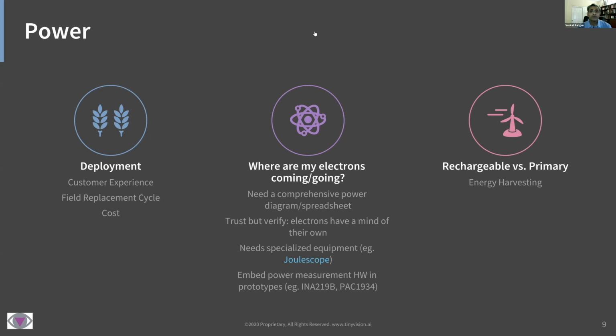Absolutely, you make a very good point. You do not want to be moving, you want to be saving overall, right? Whether it's in terms of people as well as in terms of energy and cost, right? Overall cost is what we are trying to optimize here. As far as what do you do at night, all of that goes into the power spreadsheet.